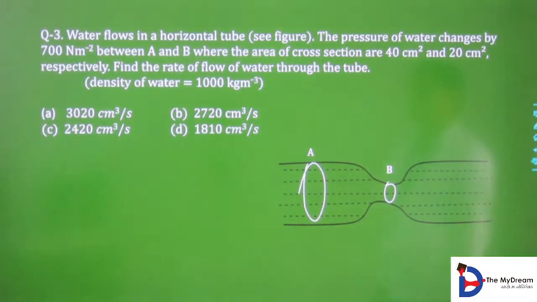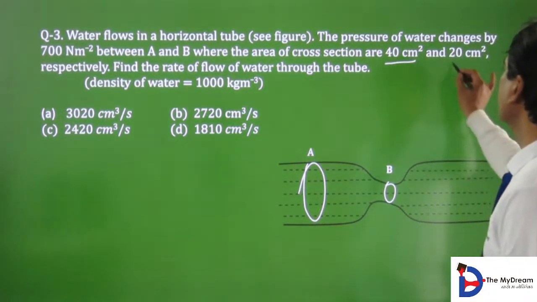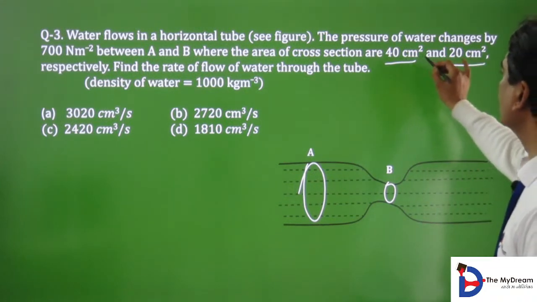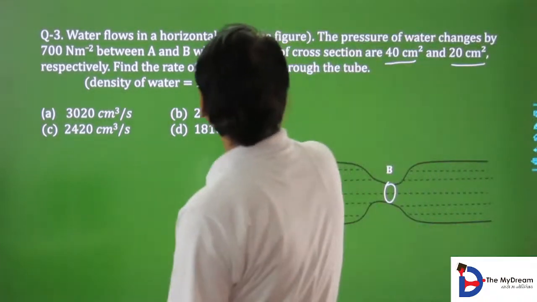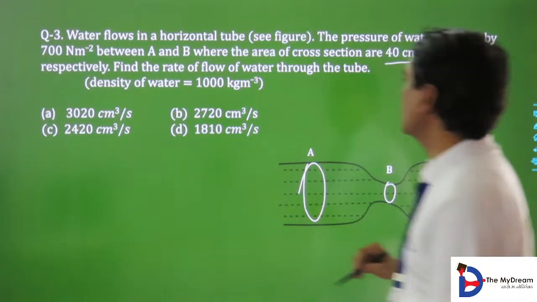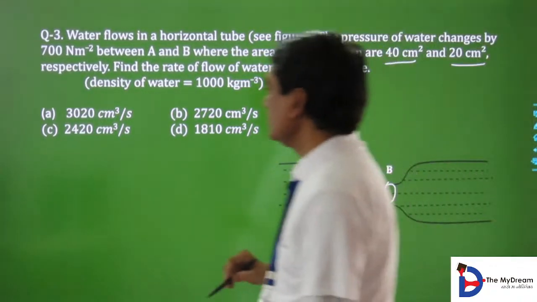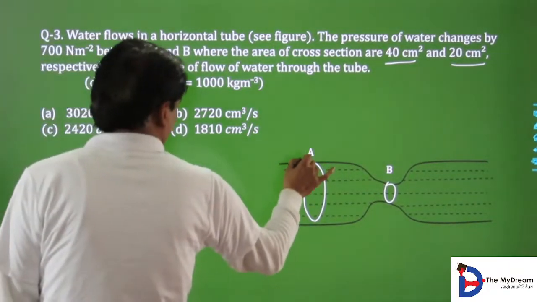Where the areas of cross section are 40 centimeter square and 20 centimeter square. Find the rate of flow of the water through the tube. At this